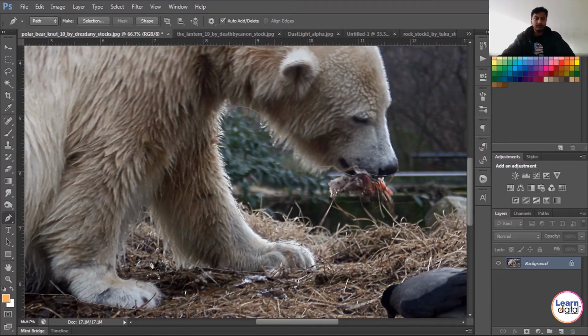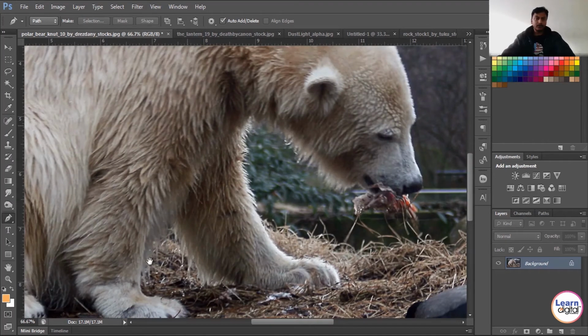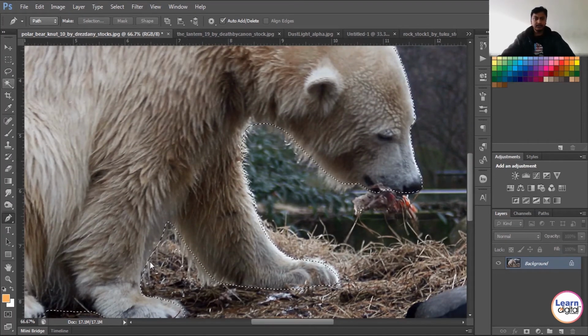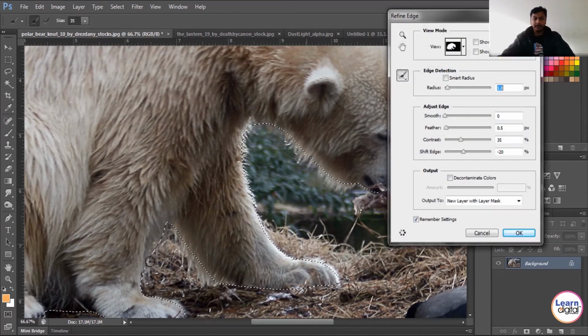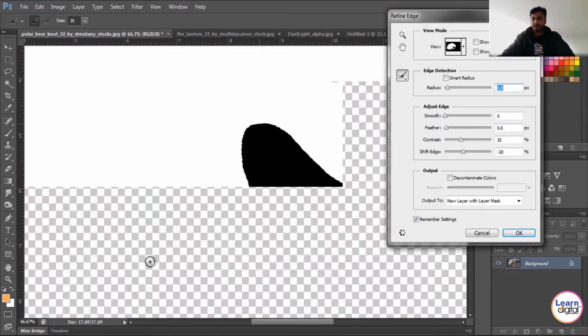Yes. The selection is done. Apply selection. Then again go for refine edges. Repeat the process.